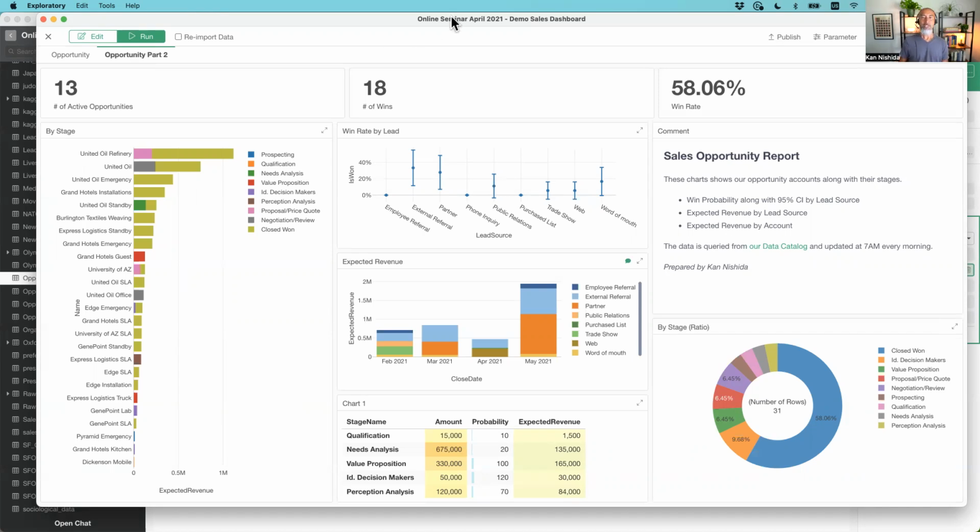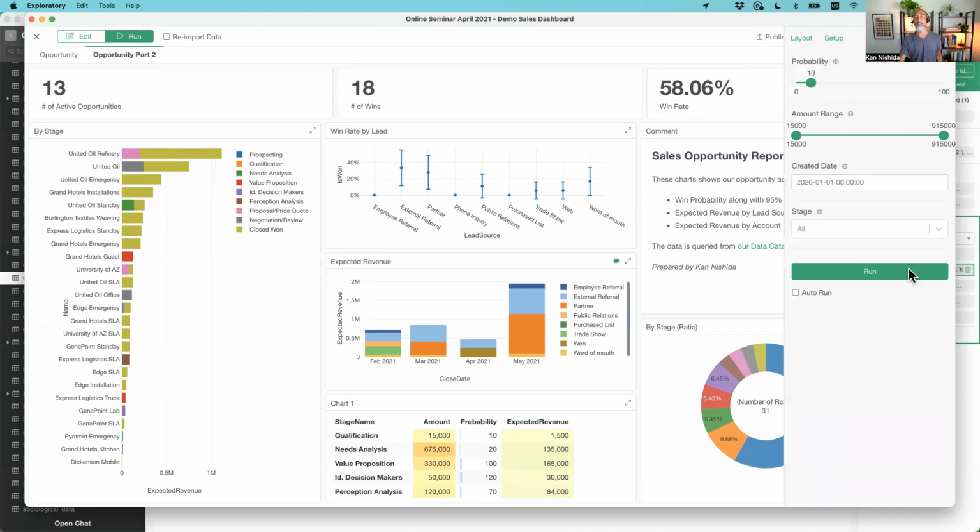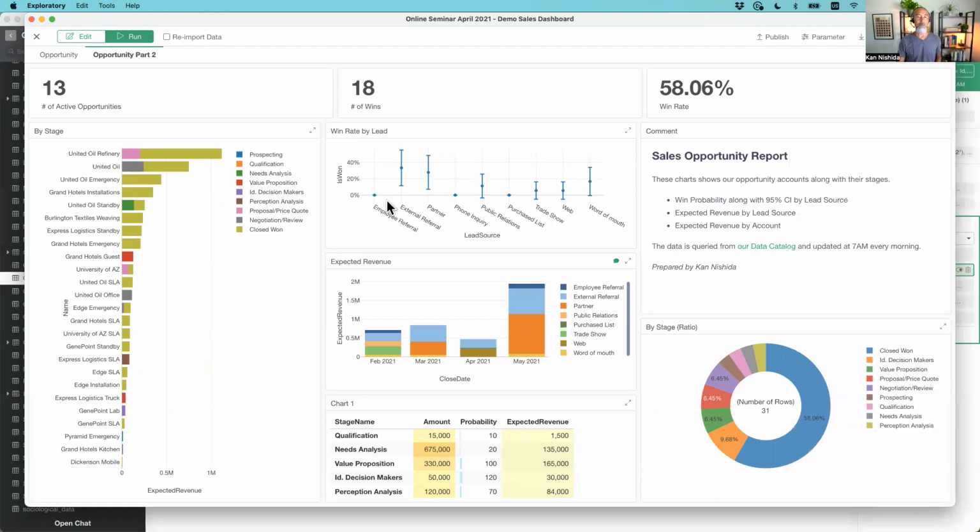Okay, but from here, another topic I'd like to cover is something called parameters. Here you see the right-hand side, top, parameter at the bottom. When I click on it, a bunch of parameters show up. I just created this dashboard from scratch, right? And I don't remember adding these parameters. That is because these parameters are necessary or used for creating some of the charts or some of the numbers. And then when I go back